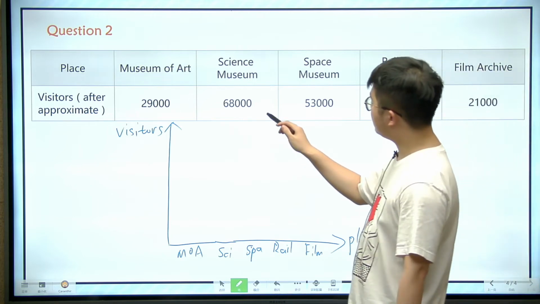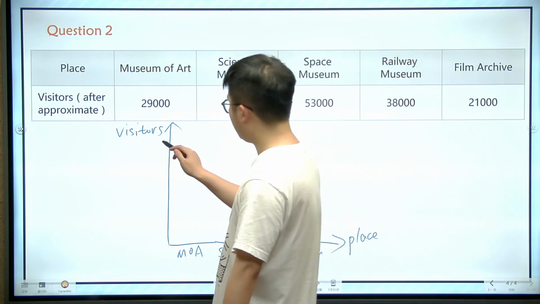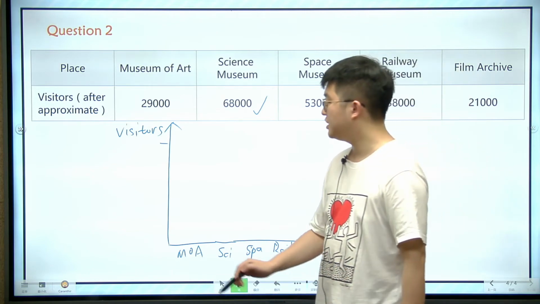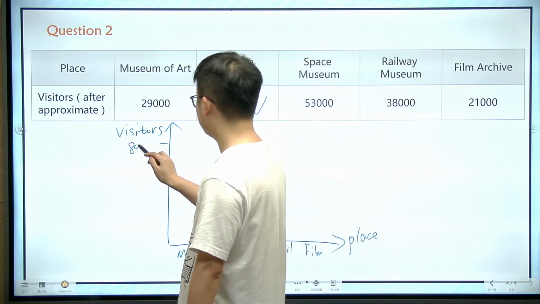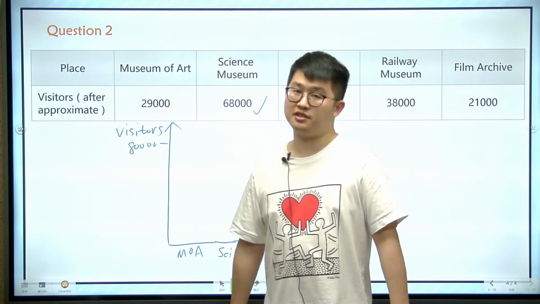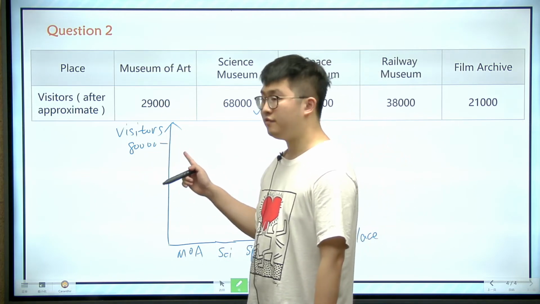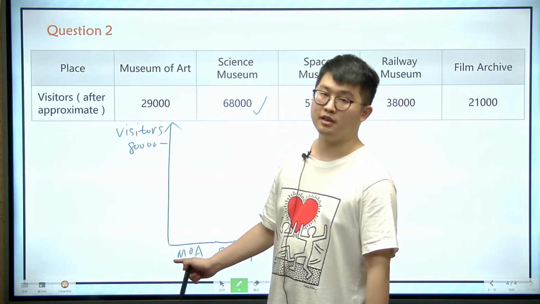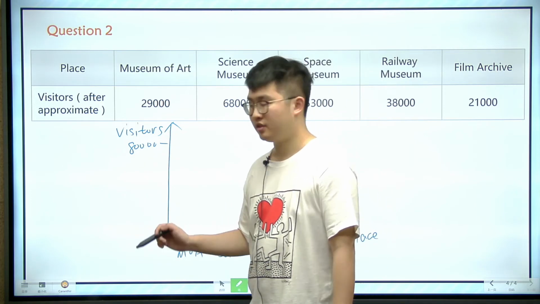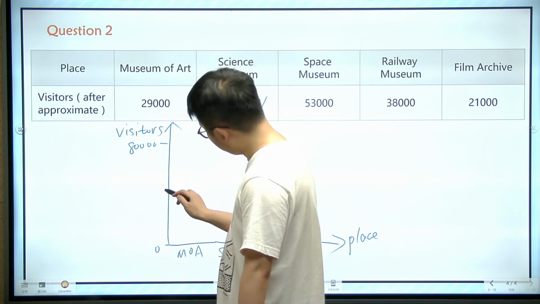Now, the largest is this one. So we need to decide the greatest number here. And I highly recommend 80,000. Some of you might choose 70,000. But if we choose 70,000, we need to write down 70, 60, 50, 40, 30, 20, and 10, and finally 0. But if we choose 80,000, then we only need to use 0 here, and a 40,000